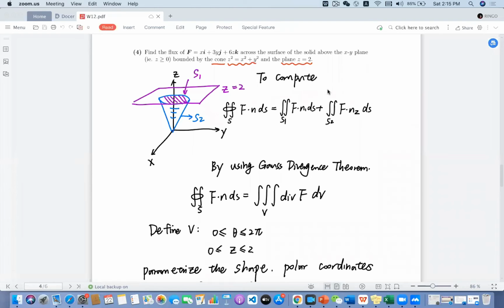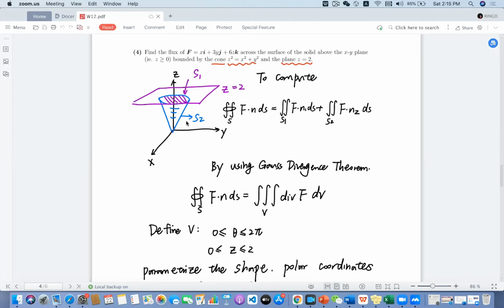The question asks us to find the flux of this given vector field above the xy plane, bounded by the given cone shape and also the plane z equals 2. To start the question, let's have a look at the graph, which clearly shows there are actually two parts of the surface. That is, S1 is the disk at the top when z equals 2, and